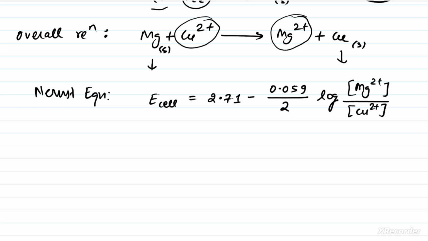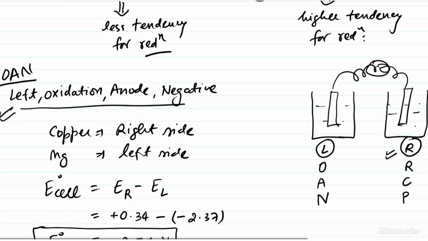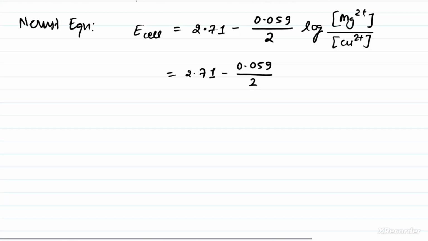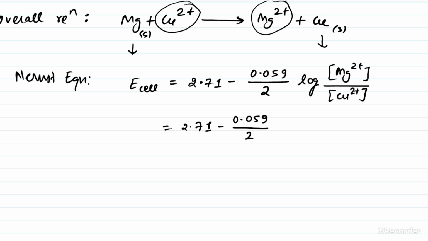Okay, so this is 2.71 minus 0.059 by 2, and the Mg concentration is given. The concentration of Mg is 0.001. That means this can be written as 10 to the power minus 3, and since the other is 0.0001, it can be written as 10 to the power minus 4. So I will write these two values here. So this will be log 10 to the power minus 3 over 10 to the power minus 4. Okay, so this is going to be 2.71